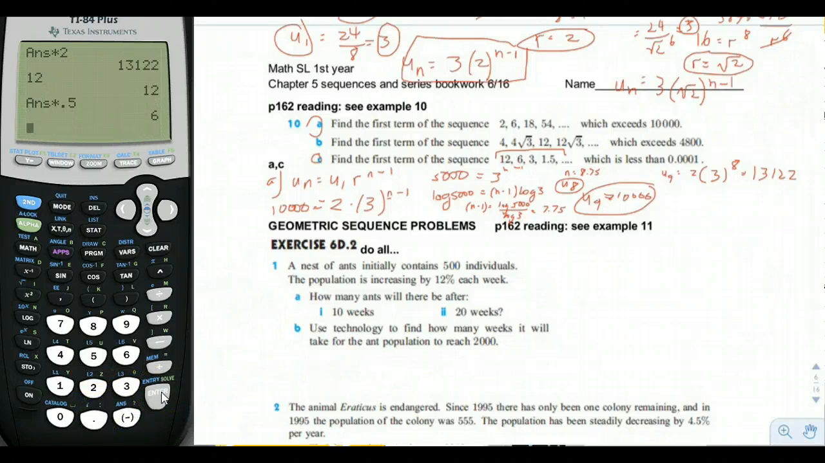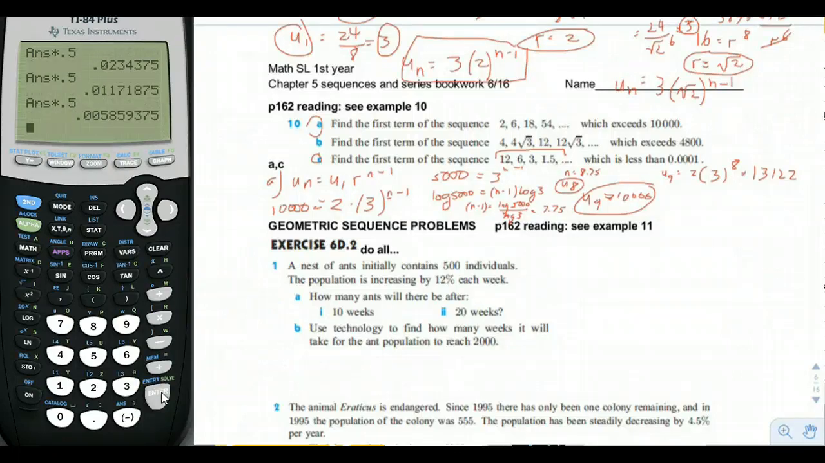Okay, and then so that gives us 6. So that's the second term, right? This would be the third term. I'm just hitting enter here. This is the fourth term, fifth term, sixth term, seventh term, eighth term, ninth term, 10th term, 11th term, 12th term,